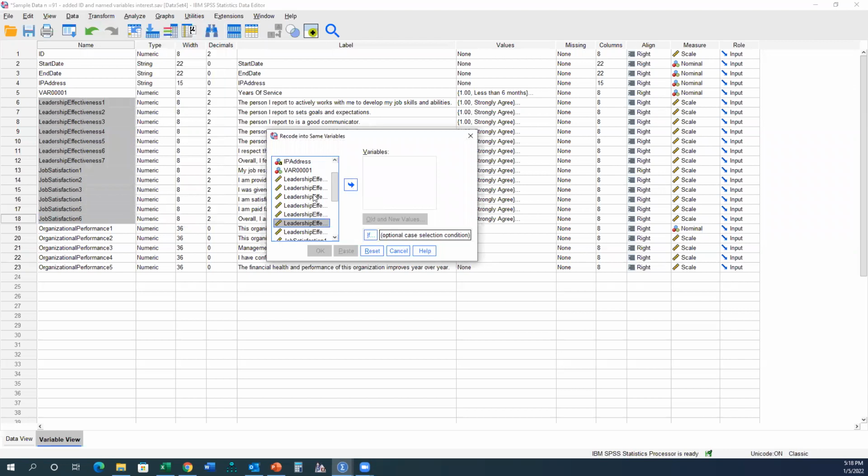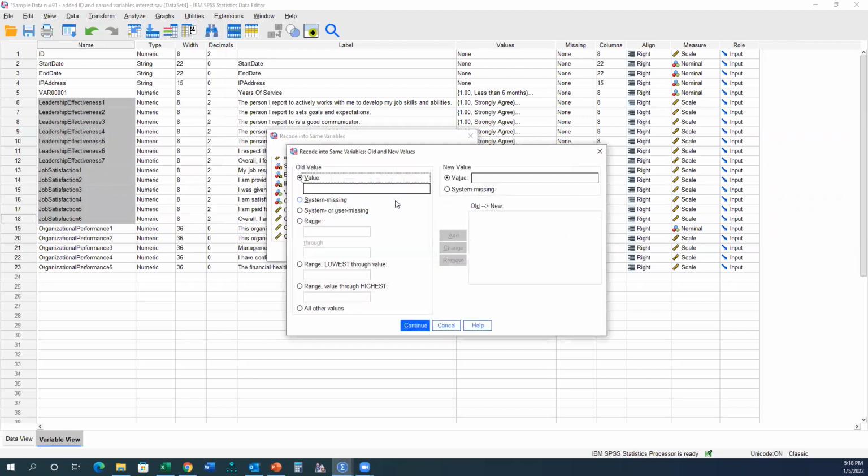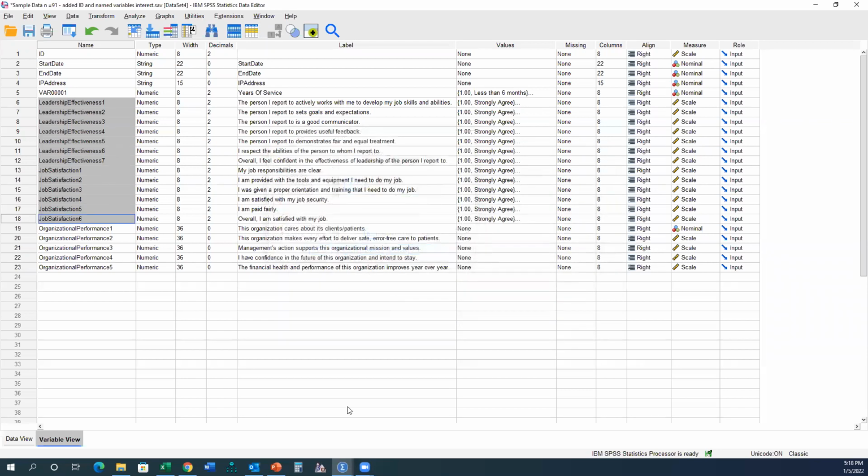And then we'll move over leadership effectiveness through job satisfaction. And we need to flip the Likert scale. So 1 becomes a 5, 2 becomes a 4, 3 stays the same. You don't actually have to put that 3 in, but I like to, just for the visual. And 5 becomes a 1. So you should go up the Likert scale and down. So 1 through 5 and 5 through 1. Again, we can click paste